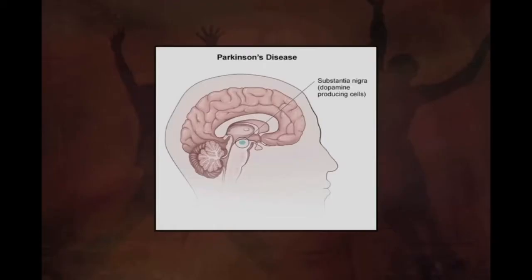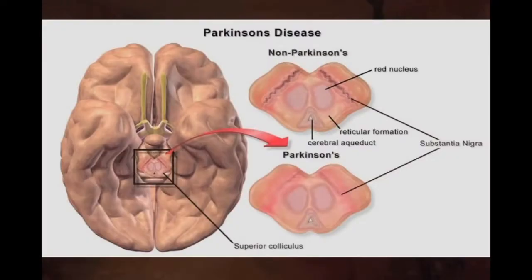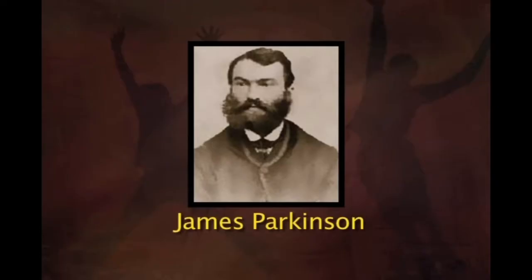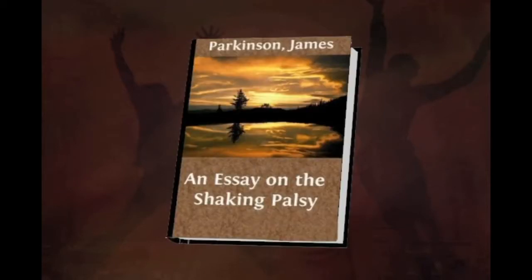Now let us discuss another cognitive impairment disorder, that is Parkinson's disease. This is the second most common neurodegenerative disorder after Alzheimer's disease, as we have discussed in the earlier sessions. And the prevalence of Parkinson's disease is 1 per 1,000. This was first described way back in 1817 by an English physician called James Parkinson in his An Essay on the Shaking Palsy. Mind this word, shaking palsy. The causes of Parkinson's disease are not clear, although both genetic and environmental factors, like for many other diseases, are suspected.